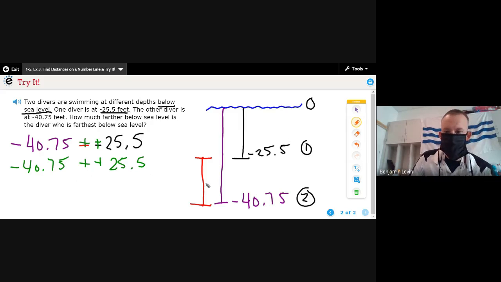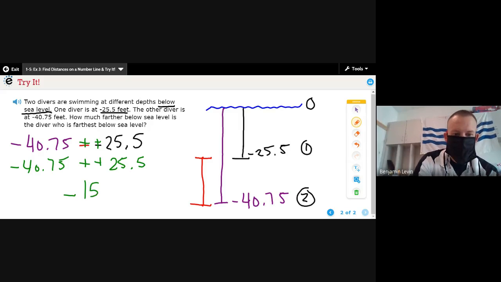So now this becomes pretty easy. I don't know if the calculator will show up here to the people watching at home, but I'm going to pull up the calculator here and just do this with the calculator. So 40.75, we got to make it negative. And then we are adding, right, because we plussed the plus, so to speak. We made the double negative into a plus 25.5. Enter. So the difference is